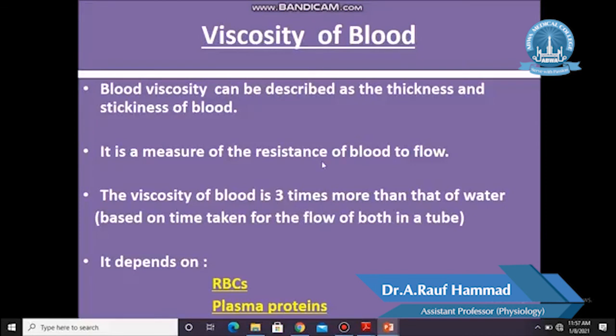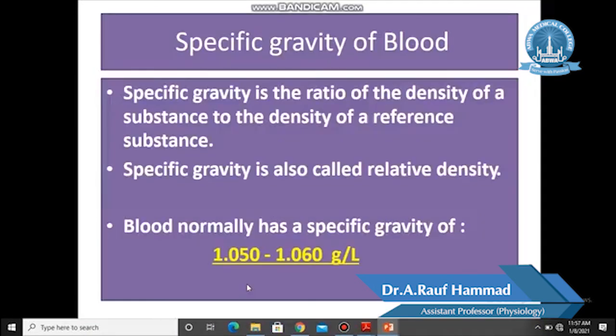And this viscosity, it is thicker due to red blood cells, RBCs, and plasma proteins. Similarly, specific gravity of blood, it is the ratio of the density of a substance to the density of a reference substance. एक reference substance है उसको